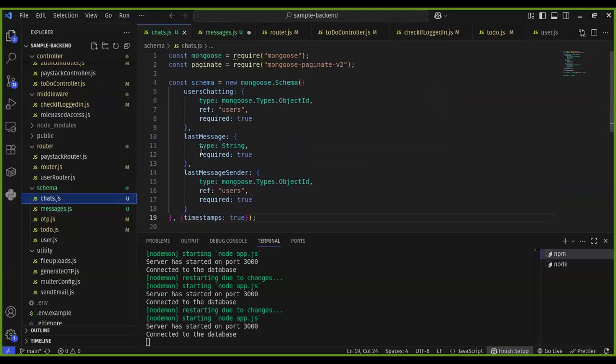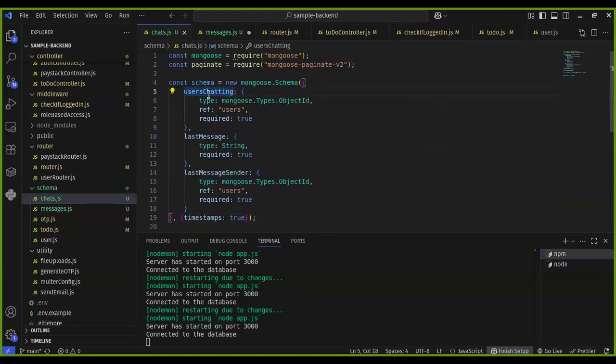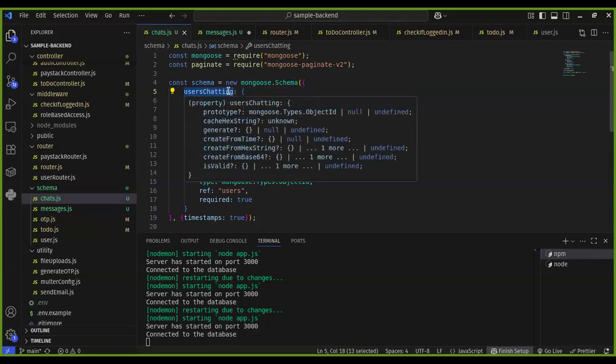Of course, chats is like that list you see with the people you're chatting with, right? So instead of users chatting, there's a reason I didn't. Normally it's not even supposed to be an array, it's supposed to be